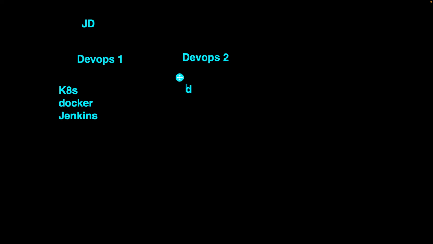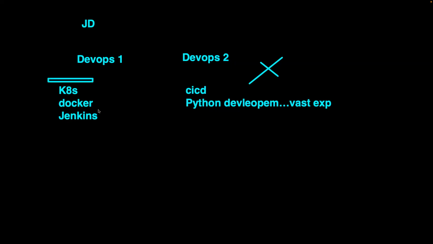There is another one. They are saying DevOps engineer. They should work on CI/CD, but they are stressing Python development is mandatory, or vast experience in Python. This is not for you. Not every job description will be suitable for you. This is not for you. If you want to cover this one, learn Python separately, spend some 6 months to 1 year and learn it and go for it. But if you can spend within 2 months, if you can master and get into this,